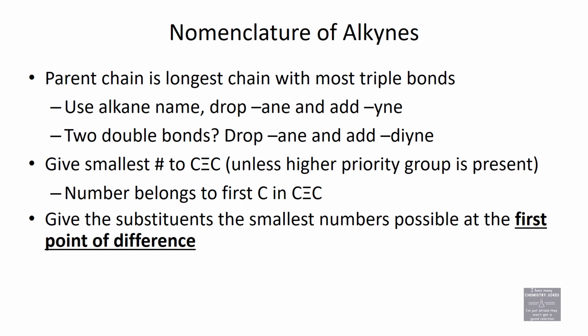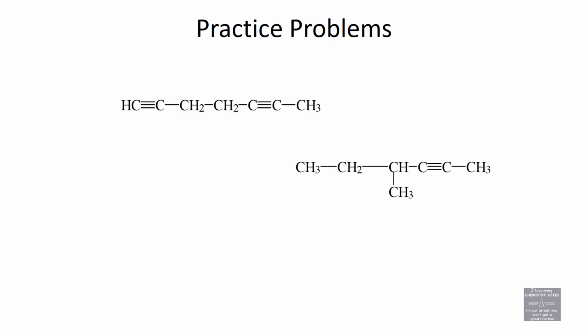We're going to continue our journey of naming so that I can get it out of the way. Alkynes are also unsaturated compounds. Naming alkynes is similar to naming alkenes, except you don't add -ene, you add -yne instead. If there are two of them, it's a diene. The longest chain,